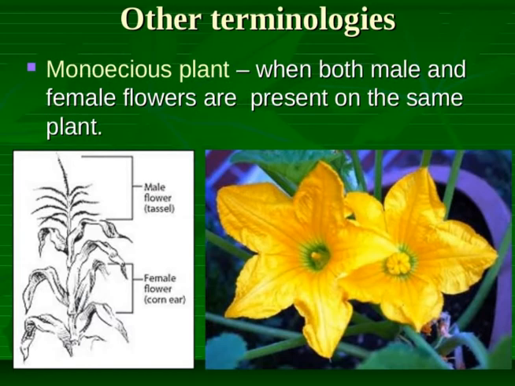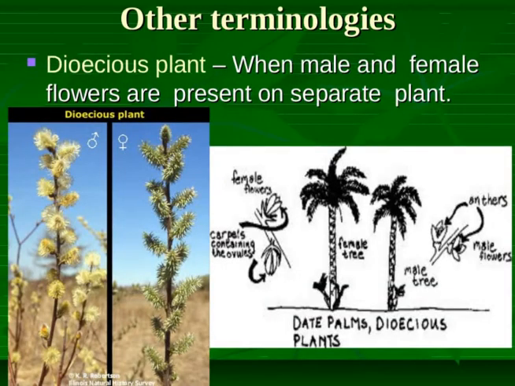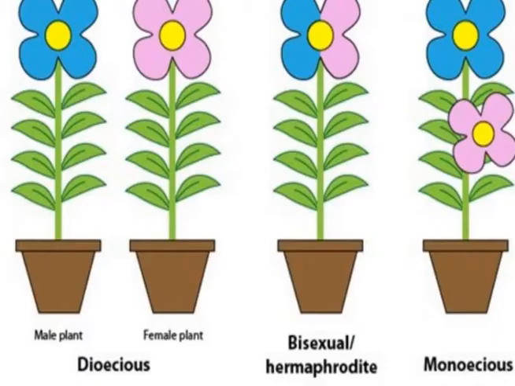In a plant, if it contains both male and female flowers, that is called a monoecious plant. Here, the flowers are male and female, they are distinguished, but both are present in the same plant. And if the male flower is produced by a male plant and the female flower is produced by a female plant, it is called a dioecious plant, where male and female flowers are present in two different plants.